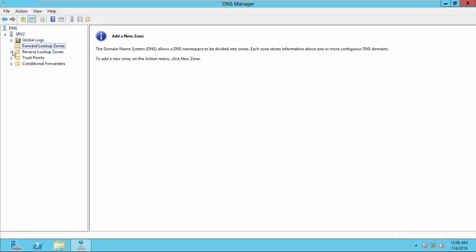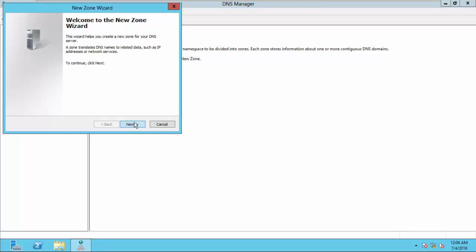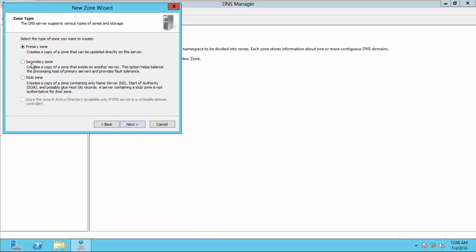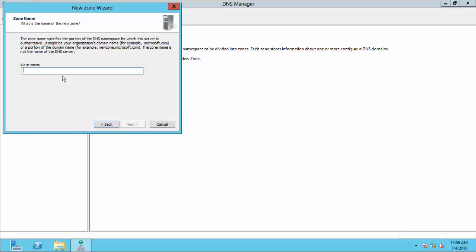I'll click on my forward lookup zone, right click and select new zone, click next, and this is a secondary DNS server, so the zone name is going to be a secondary zone name, and I'll go next here. So the zone type is going to be a secondary zone. I'll go next here, and I'll type my DNS domain namespace umat.com,